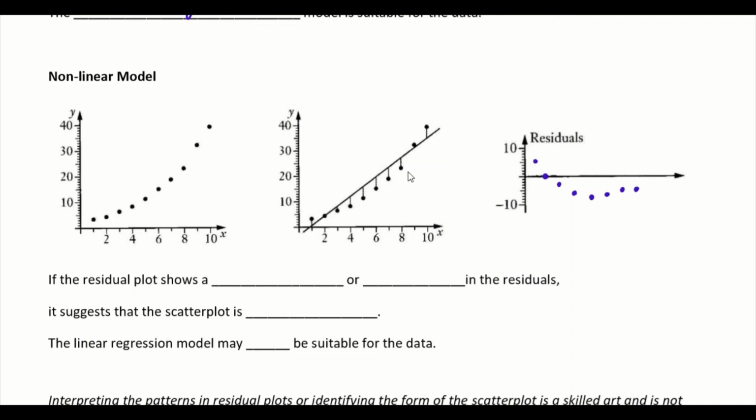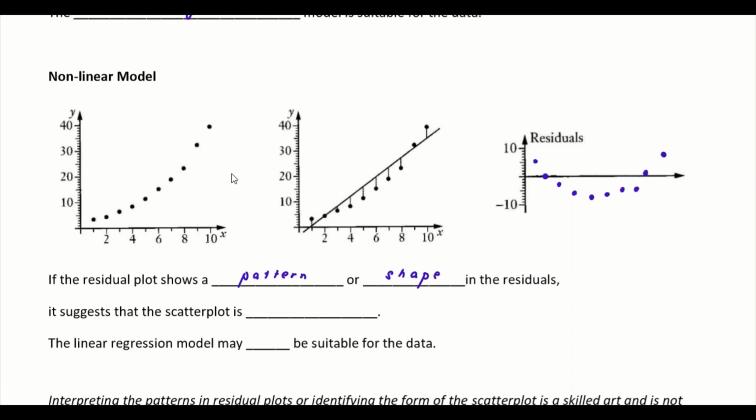Okay, then after this it becomes positive, right? So it's here. Then after that, you have a further one, which is here. So what can you realize here? Although it's not a perfect curve, eventually you can observe that there is a specific pattern, which is a curve. Am I right? So this tells us that if the residual plot shows a specific pattern or shape in the residual values,